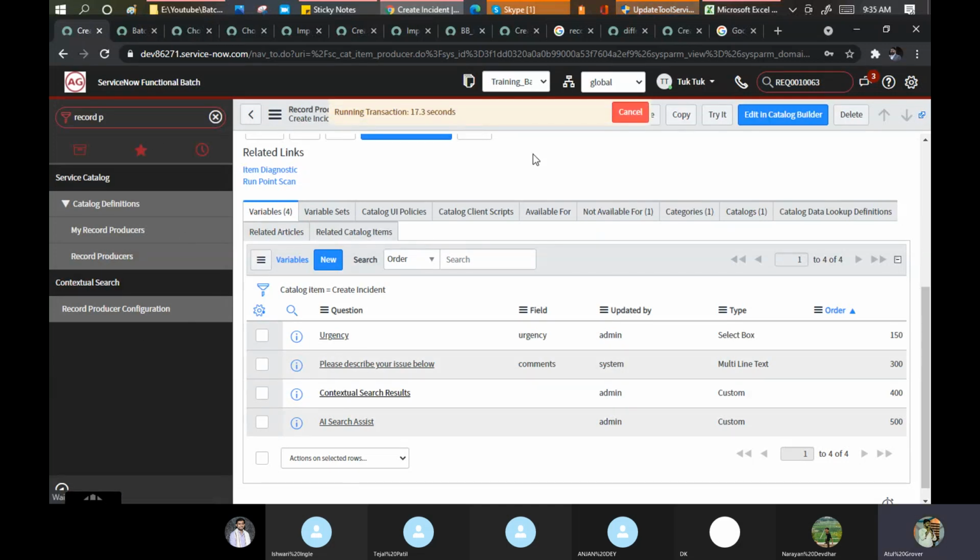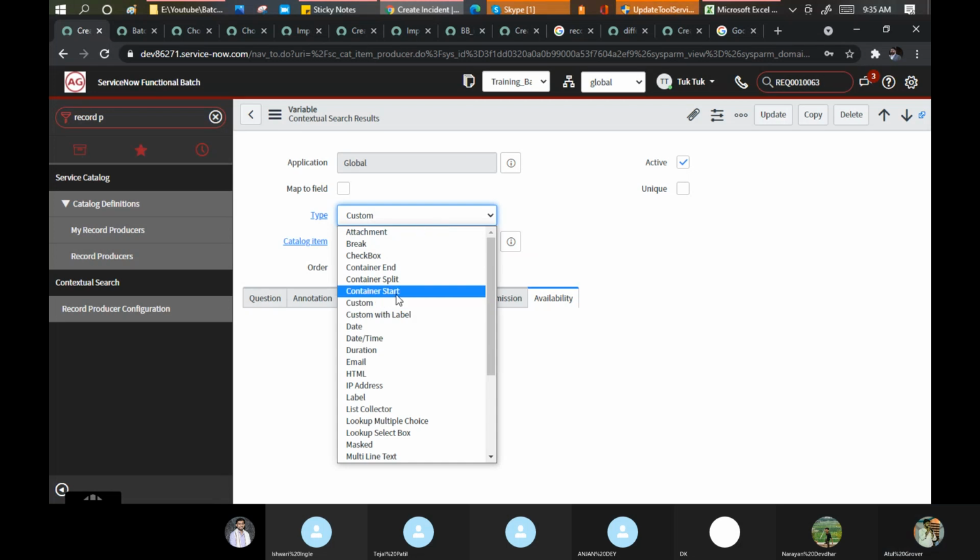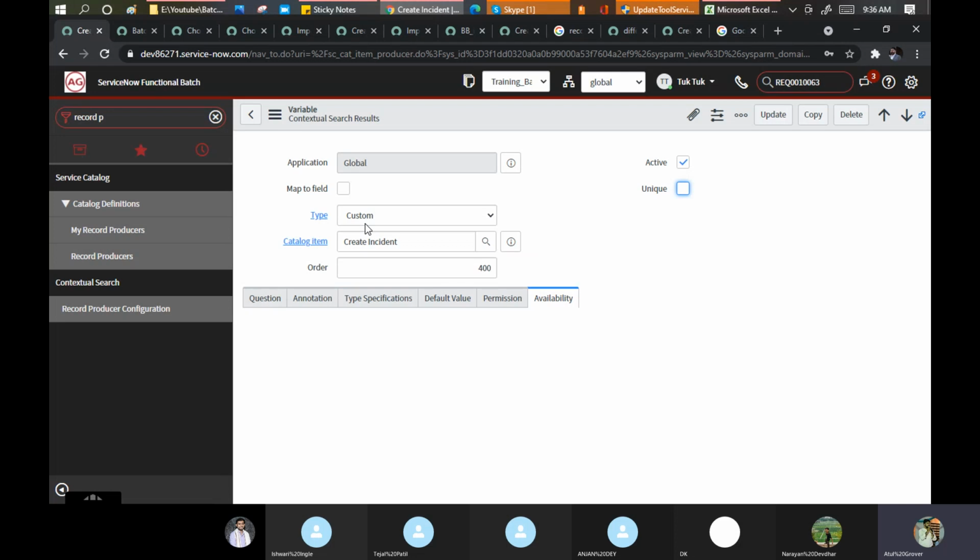Okay, it's opening. Yeah. Okay, it's a custom type. Type basically they mention here on which field you want to do it.